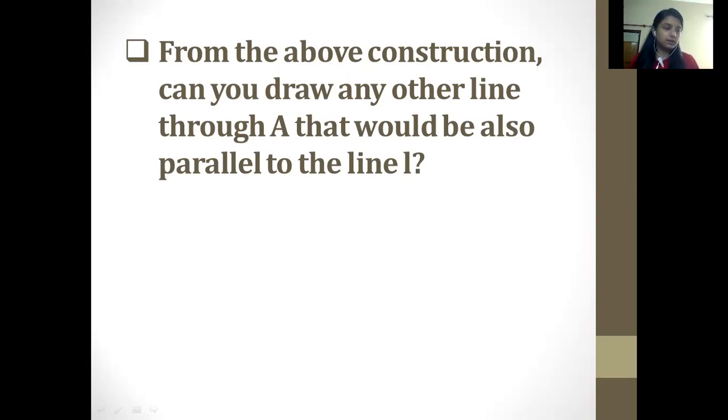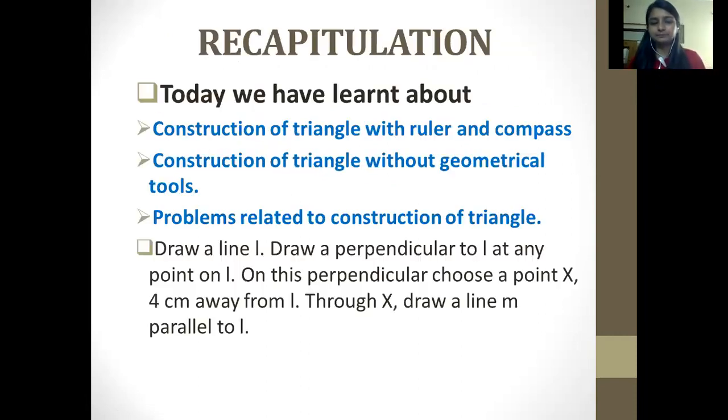Like the way we drew towards the upper side, similarly we can draw it towards the downside with the same steps. Like the way we started this line here, you can start this line here and construct another line which is parallel to AB. So this is how you can construct and solve this question as well. I'm giving you this for your homework and practice. You will be doing it.